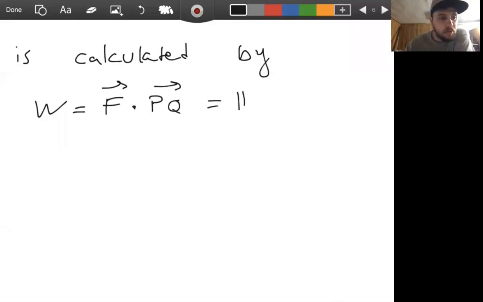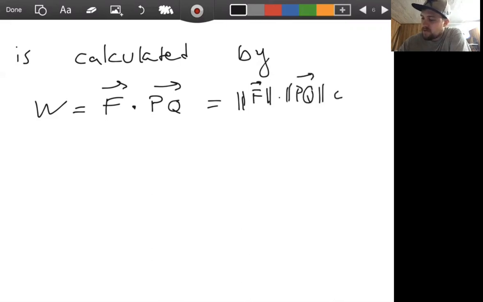We know the dot product is the same as the magnitude of F times the magnitude of PQ times cosine theta, where the force F is